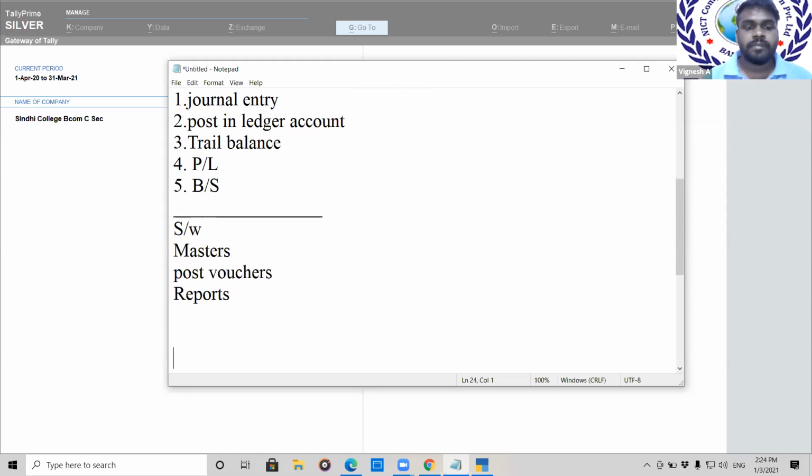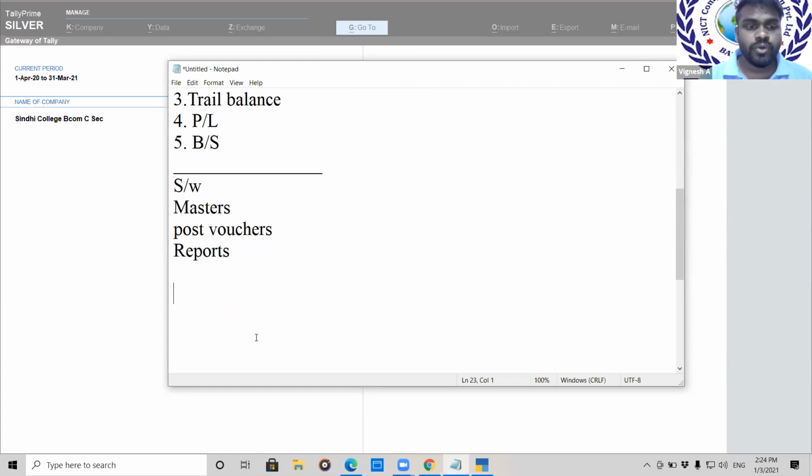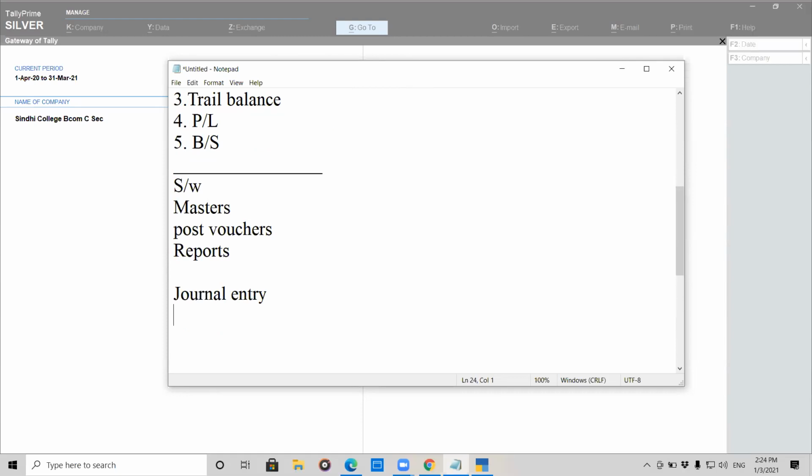So before getting into this part, let us know what you mean by a journal entry. How to post this journal entry? Most of the people will be knowing. Yes or no? Yes, sir. Okay, remember these three golden rules. Golden rules. Anybody?